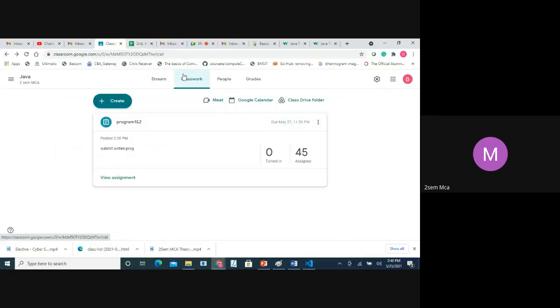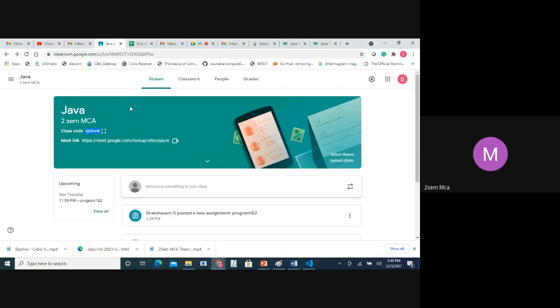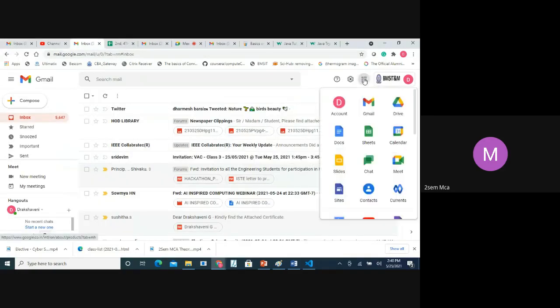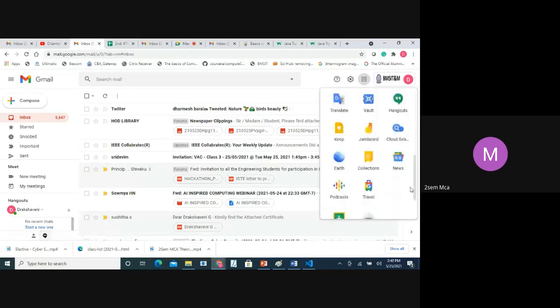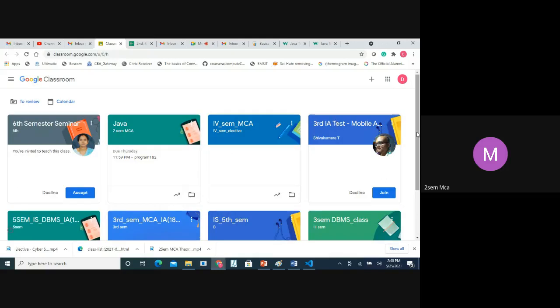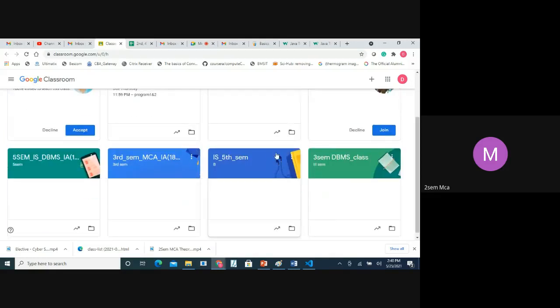We don't know how your internals will be, because for higher semesters we are taking online, or maybe for you also. So to make you practice, I'm asking you people even for the timeline, so that you'll come to know how the timeline is. I'll just show you in case you submit late, what we are going to be able to see.